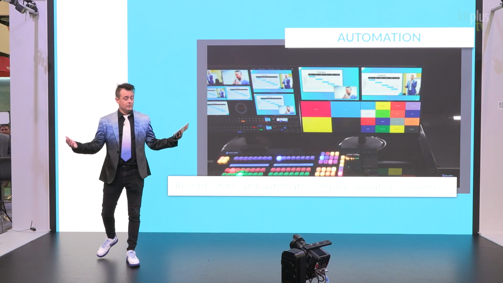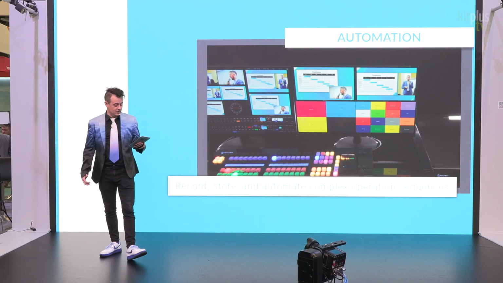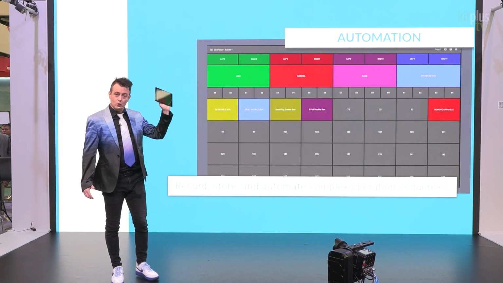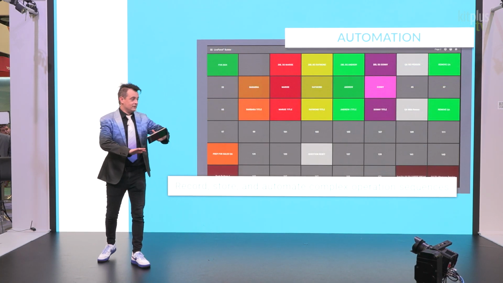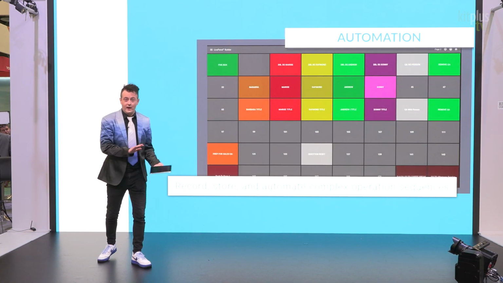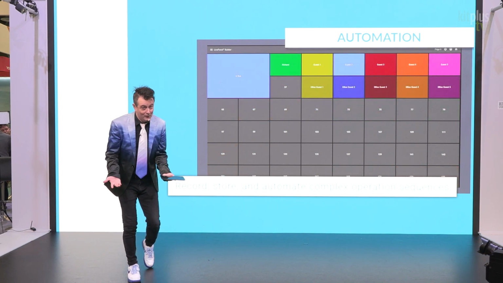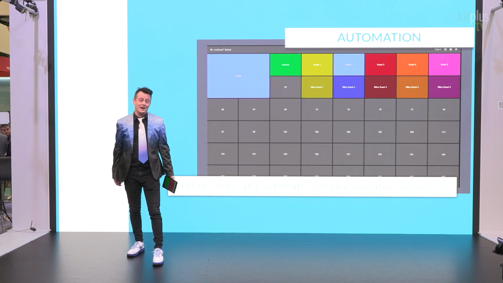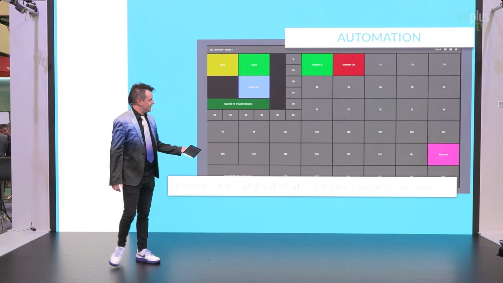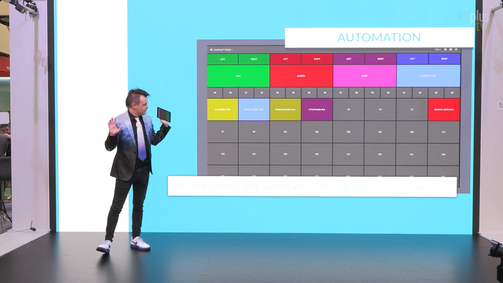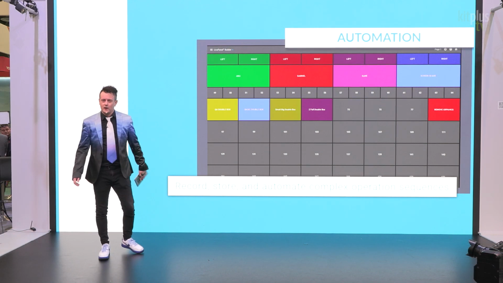Or you can use my favorite way to control a show, which is Live Panel, which is what I'm using right now to control my presentation here at NAB. This is not a PowerPoint presentation. In fact, I don't know how to use a PowerPoint at all, but I do know how to use TriCaster, and Live Panel definitely helps me out. So this is a web-based interface that gives you access to control every aspect of your TriCaster show.